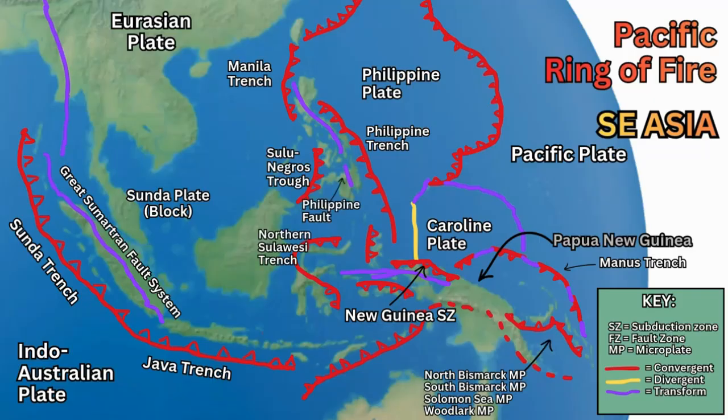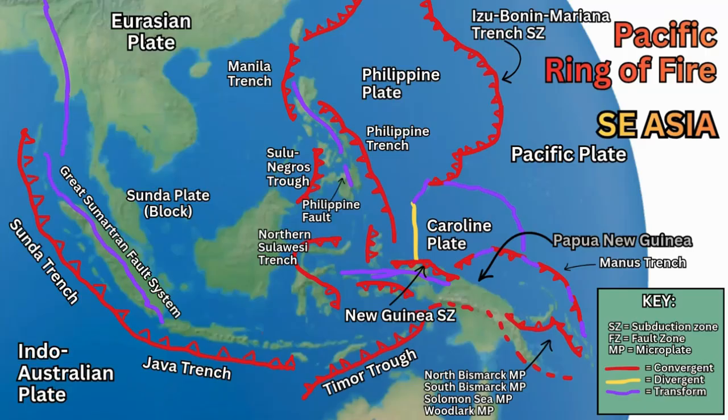Now, between the Java Trench and Australia and the western part of Papua New Guinea, you have the Timor Trough, and on the eastern part of the Philippine Sea, the boundary with the Pacific Plate, we have the Mariana Trench, which is famous as the deepest part of the ocean on our planet, and that extends north to